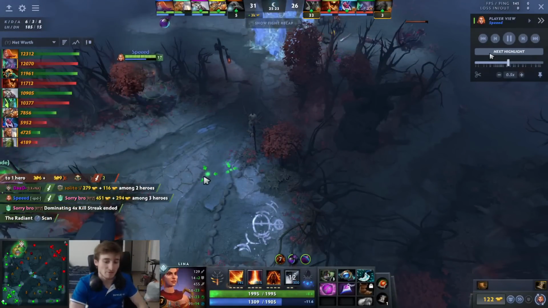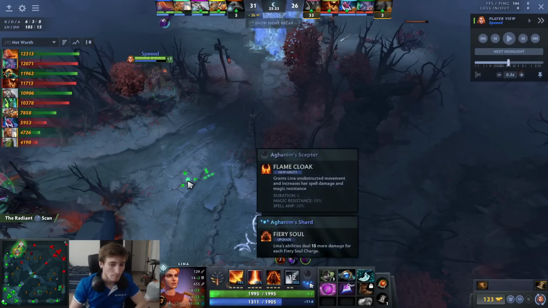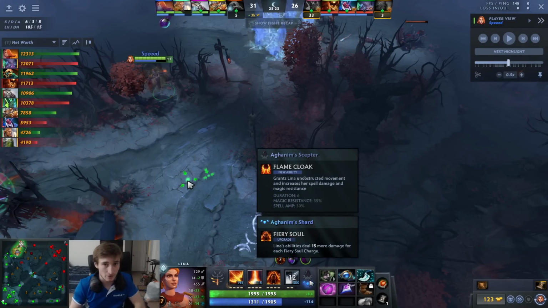Alright, so in this upcoming fight here, you're going to see Lina really coming online. Now, keep in mind, I am top net worth, so I'm like giga strong. But a couple things to know. So, Fiery Soul, for every stack, it gives you 15 bonus damage. That's a ton, right? Because that's...